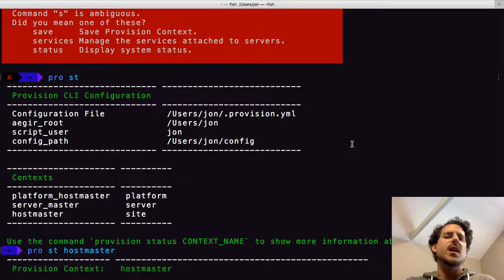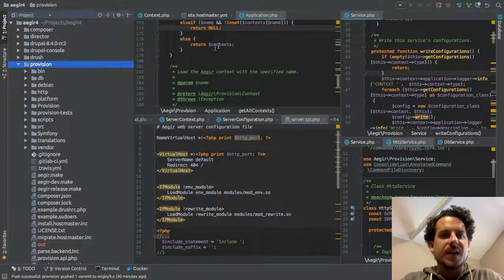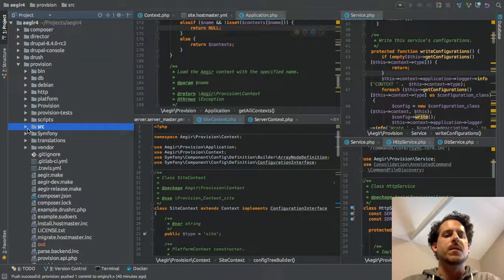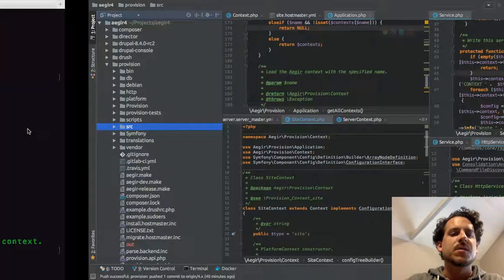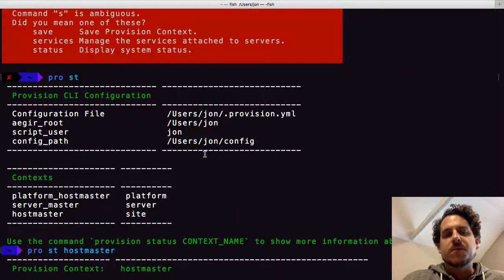You could still associate the provision context class with an entity in the database, so you can have fields and all that added on as an add-on. But if we kept these context classes the same, like the site contexts I'm creating here, you could use those in the front end as well to pipe the information into it, validate it, save it to config files, and also if you want, link it to an editable entity with other bells and whistles. But again, I don't know. Maybe that's